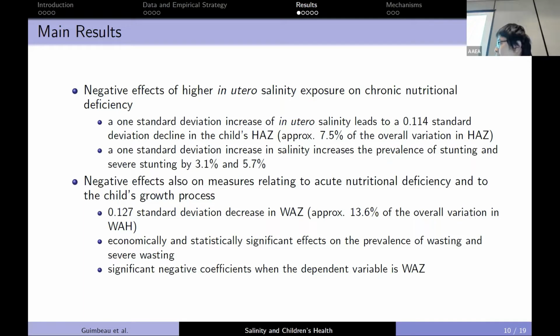So we think this is a pretty meaningful economic impact, and it's in line with some of the other studies that look at environmental shocks. These were for children 0 to 5, including the newly born. For newly born there is a separate metric. These HAZ scores and WAZ scores are all standardized, so we can compare them.